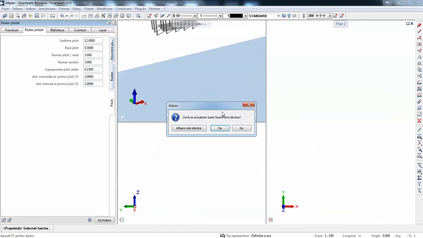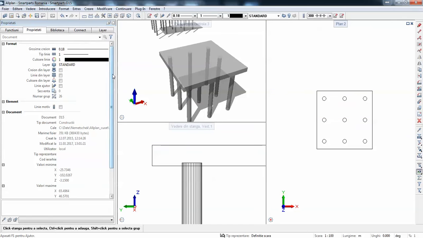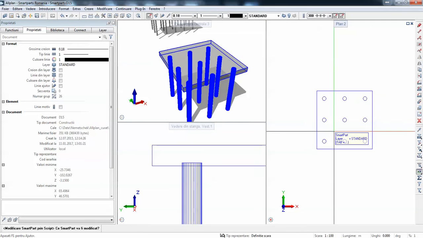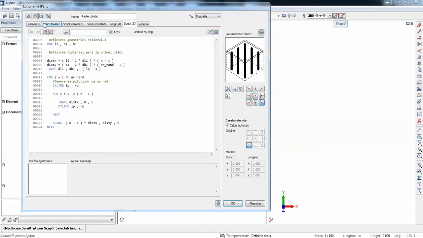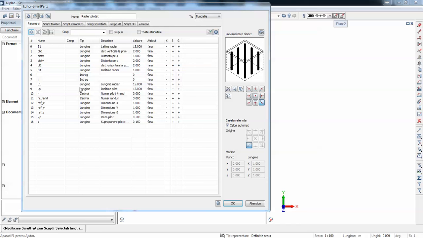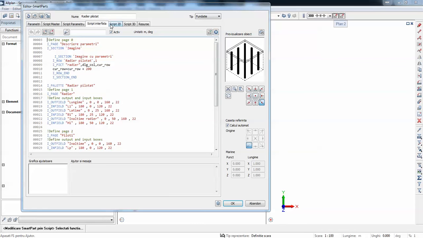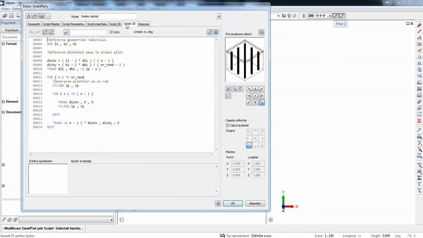So this is my first smart part I created and I'll show you how this actually works. So if I go here, I'll show you the code. So these are the parameters. You've seen the dialog interface. It was quite simple, only 3 tabs, and these are some parameters. And I'll jump to the code. I told you it's 20 lines. So at first I define a box, which is the rafter.